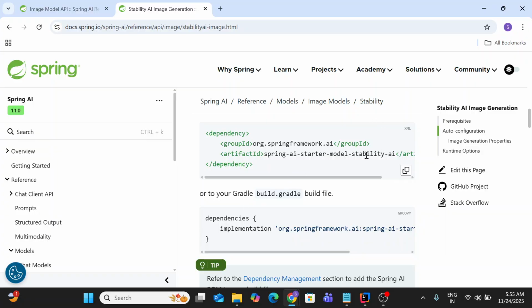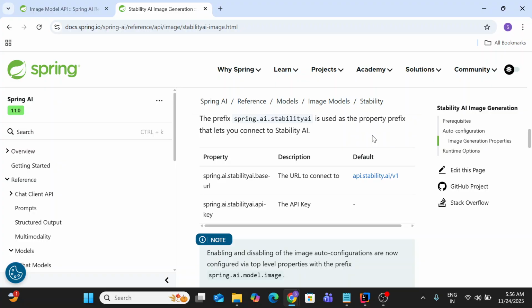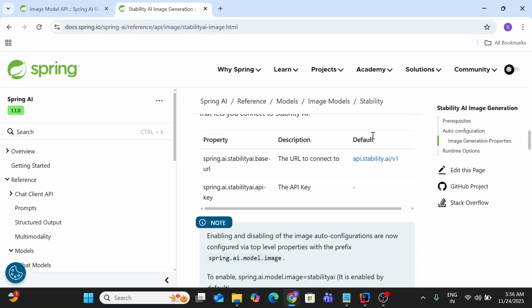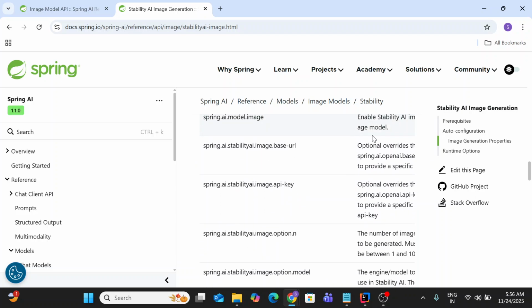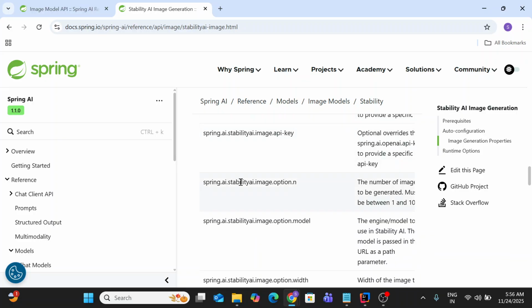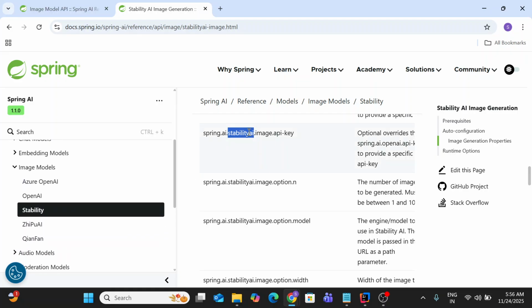Again, we have to add the pom.xml dependency in our application, and mention which URL we need to connect to. These are the different properties. Earlier we have seen spring.ai.openai.image.options or the image API key. Instead of that, since we are using the stability model, we have to mention stability AI. Same way,